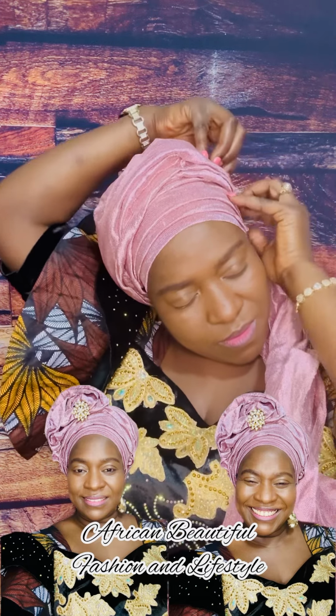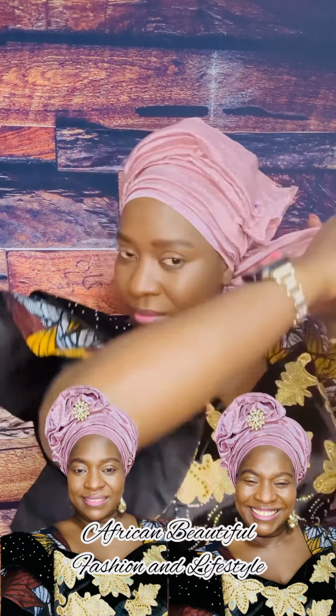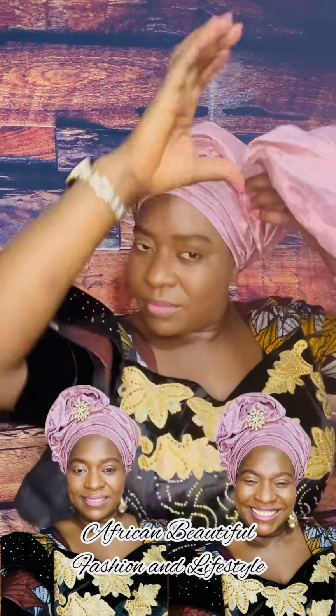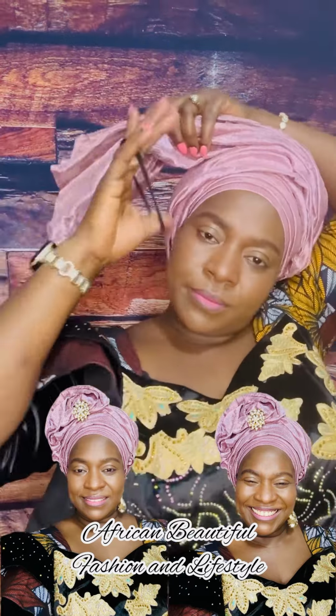It is about quick and simple style that you can do on your own. Nothing complicated in this style. So we don't want to complicate it more than is necessary. So we want to make sure it's something you can grasp as a beginner that is learning how to tie gele. So I make another ruffle pin after I pin down that end,